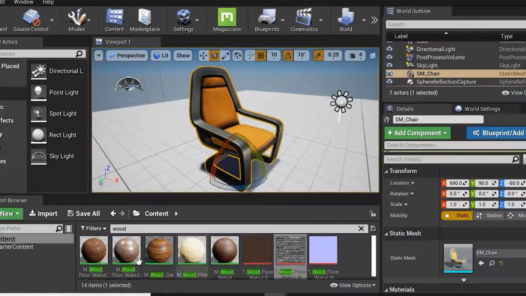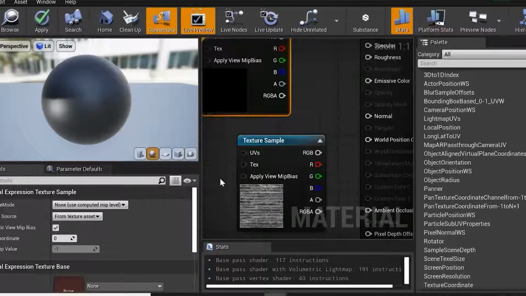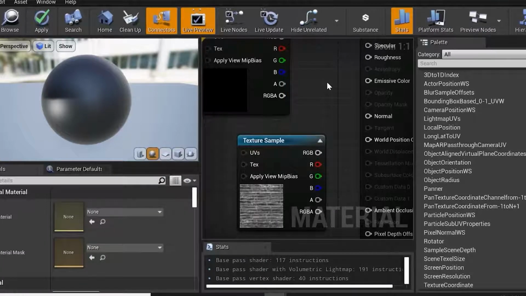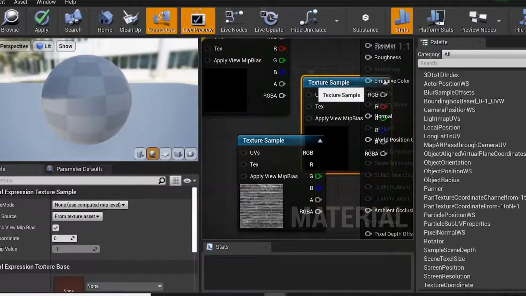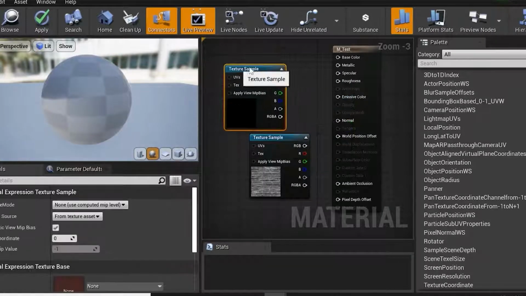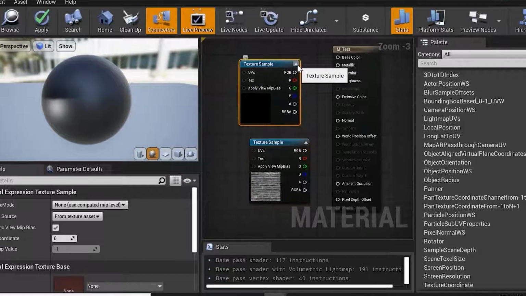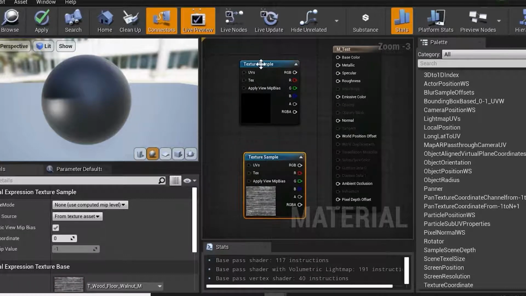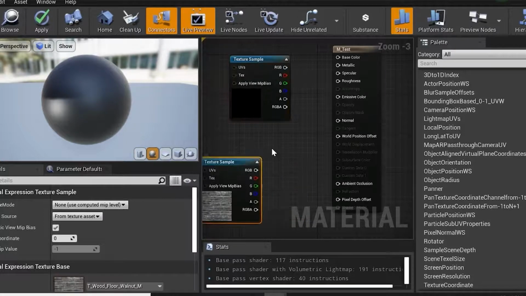Again, I'll just select any of this material, press T and left click. That way I can import material from my content browser. I'll just select and delete that node over here. So this way I imported two different materials.